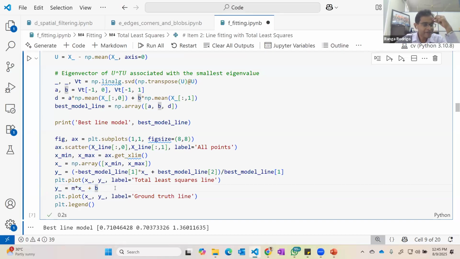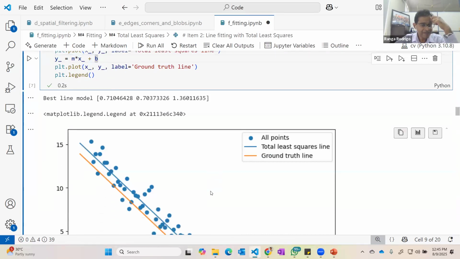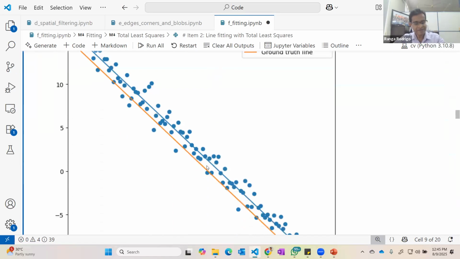I'm sorry, I cannot find it. So the ground truth line is an offset. Maybe I'll find it later. So this error is